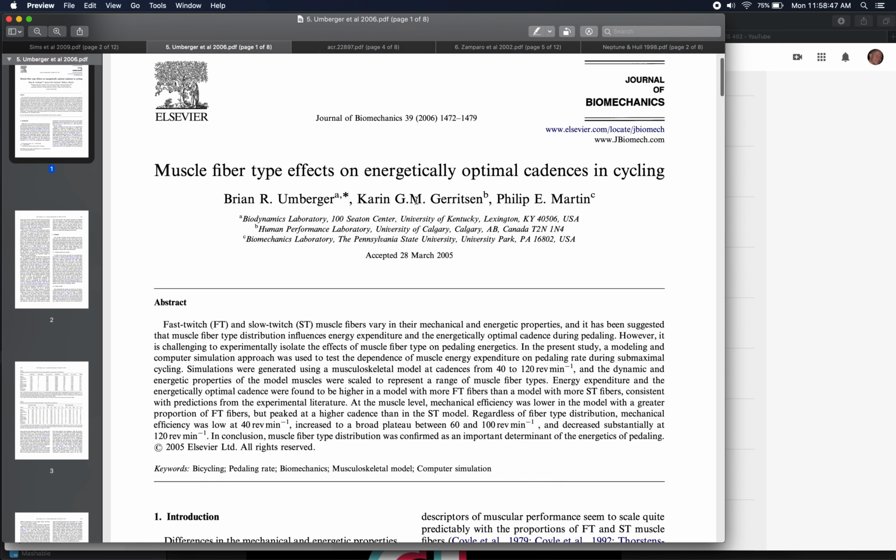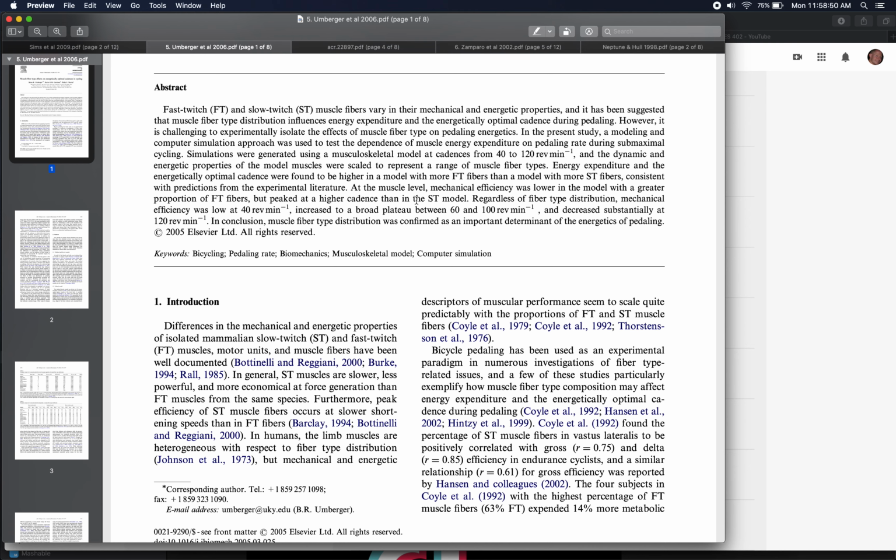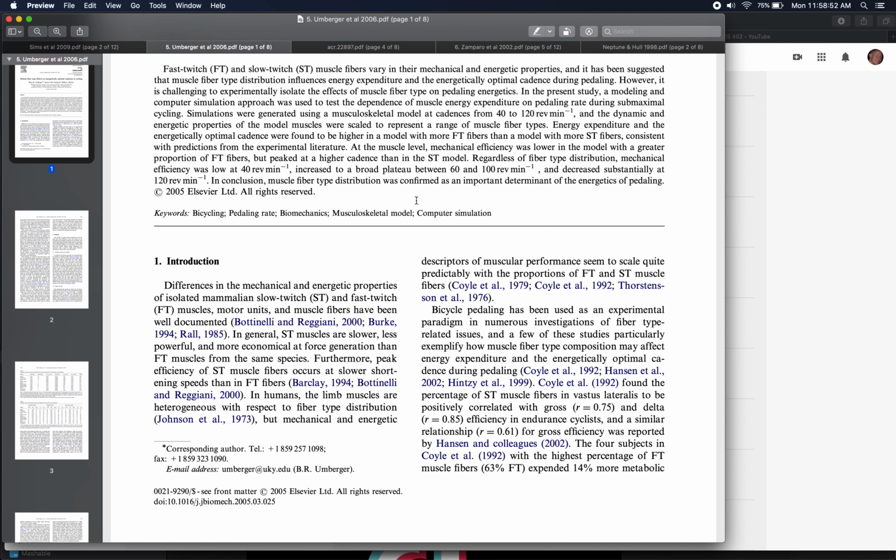Published in 2006. And here again, they were also tackling the question of what explains the pedaling rates that we observe people using in cycling, because it doesn't seem like it's necessarily the pedaling rate that minimizes metabolic energy expenditure. What you also see in those data for selected pedaling rates, if you just put them on a bike and say, hey, pedal at this power output, what pedaling rate do they subconsciously choose, is that on average, it's in the ballpark of like 90 RPMs for reasonably experienced, reasonably well-trained cyclists, but